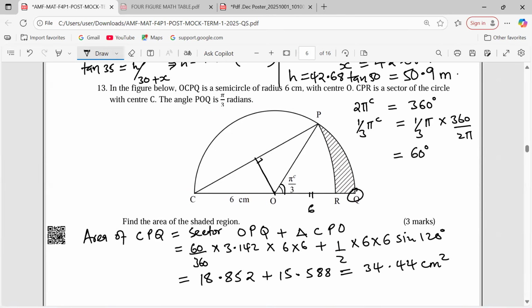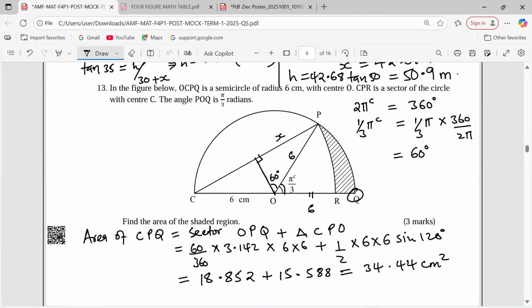It's good to remember that this is 6, and this angle is now becoming 60. So with 60 and 6, we can get the length here, the length x, whereby we shall say,